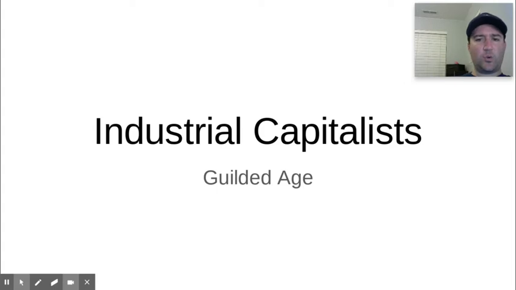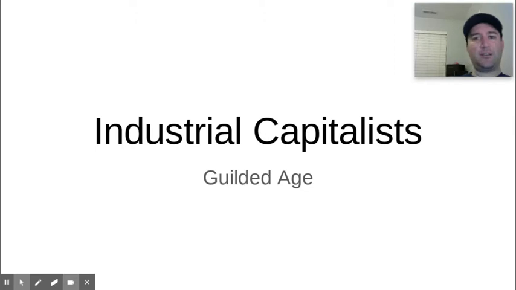The term Gilded Age comes from a famous author, Mark Twain, who described this era as the Gilded Age. Something that's gilded is something that's metal, like a coin. If you look at a penny, on the outside it's very pristine copper. It's polished, it's shiny, it looks pretty. But if you cut the penny in the middle, and I'm not suggesting this because this is a federal crime, it's not the same material. It's corroded and it's not as quality of metal on the outside of it.